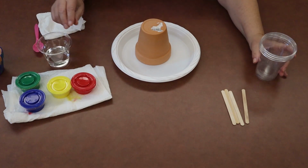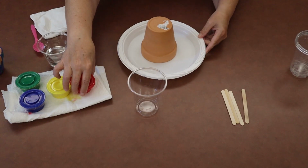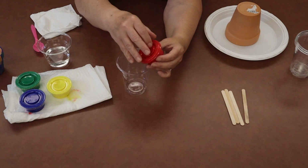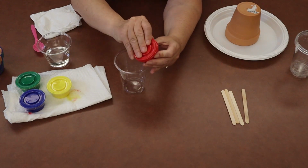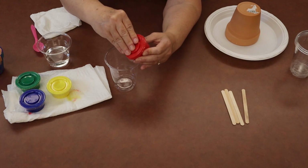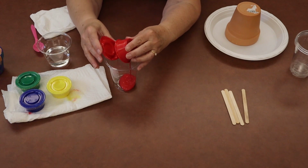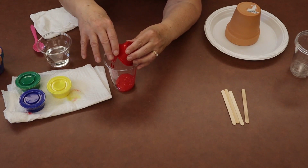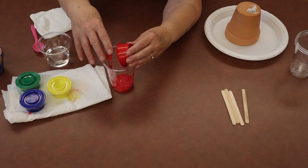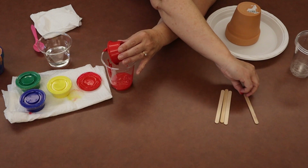So the first thing we're going to do is take one of our clear cups, take our paint, and pour our paint into the cup. So just carefully take your lid off, pour the paint in the cup. The reason that we're doing this is because we're going to add some water to the paint, because the paint is pretty thick and it won't pour very well as thick as it is. So pour your paint,